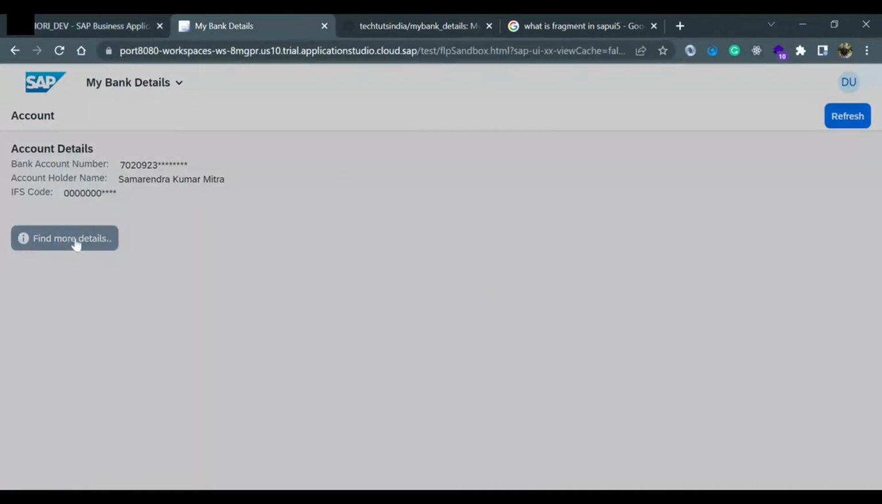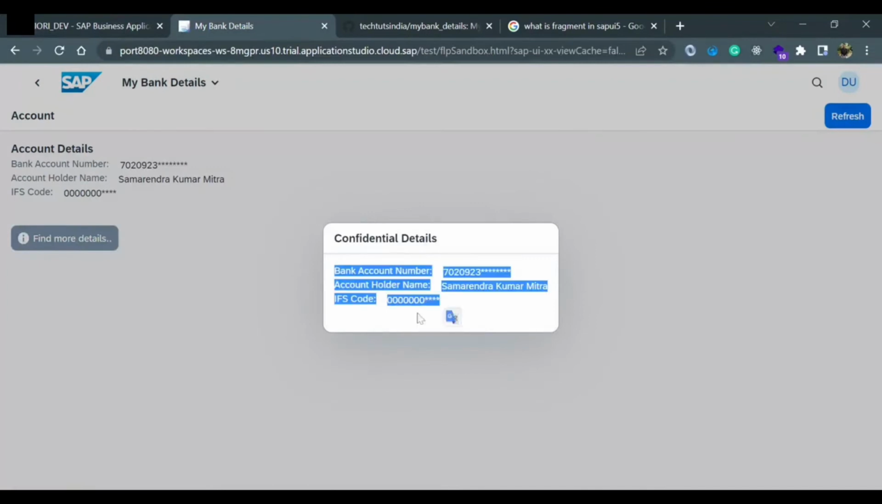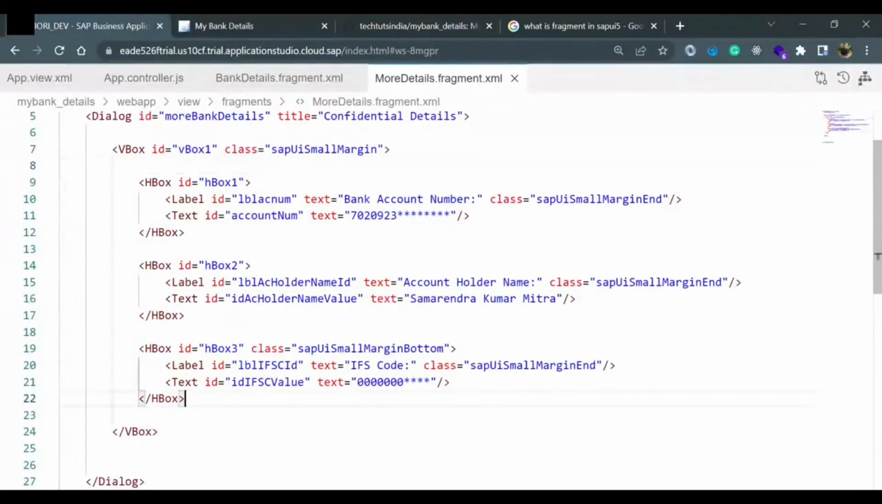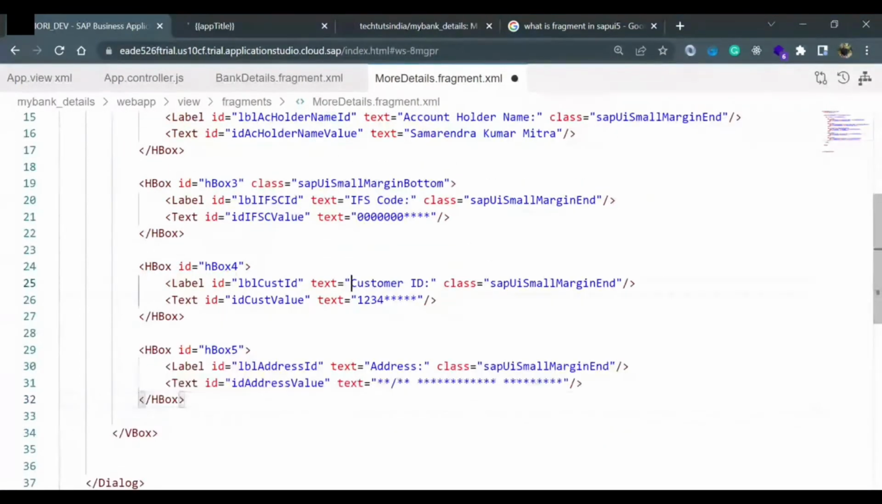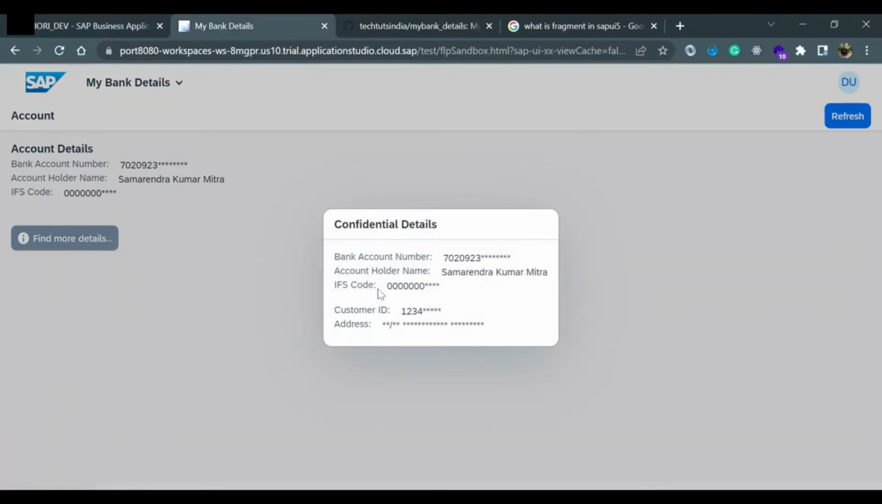So the application is getting loaded, and because the style classes are implemented, everything is coming here. Three. Let me put two more HBox here. I have just pasted two more HBoxes here, customer ID and address. So it will look like more details we are providing, customer ID we are providing, address we are providing. It would look something better. Let the application load. If I click this, I'm getting